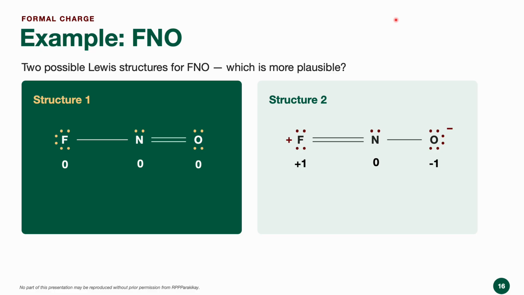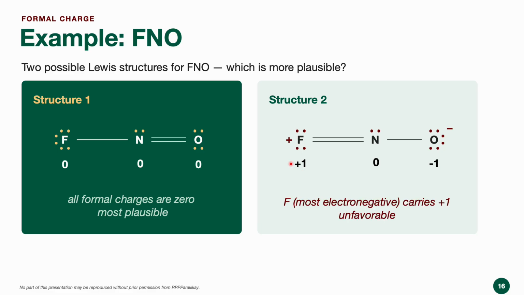Okay, and here fluorine ends up with a formal charge of plus 1 while oxygen ends up at minus 1 formal charge. As we have discussed, negative formal charges should sit on the most electronegative atom available. And since fluorine is the most electronegative element, we cannot assign a positive formal charge to fluorine. So that makes structure 2 a poor contributor, since with structure 1, everything is at 0 formal charge and would have no contradiction.